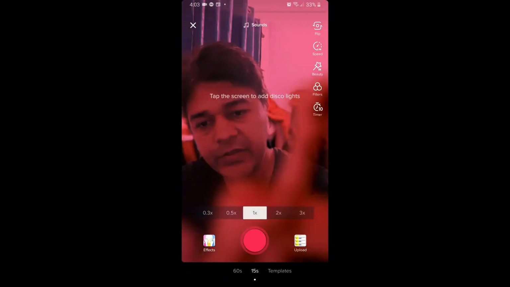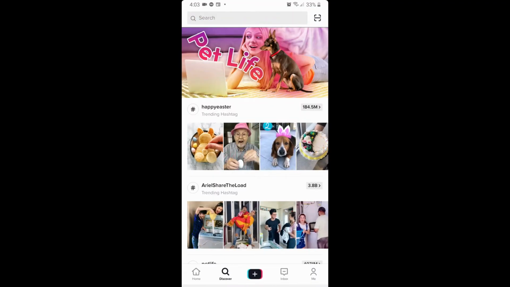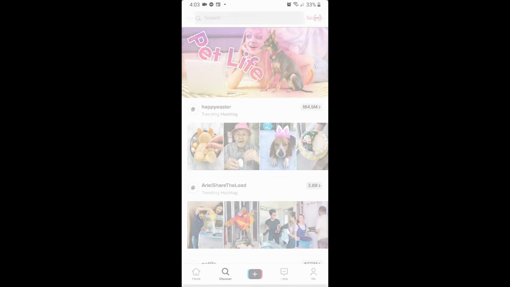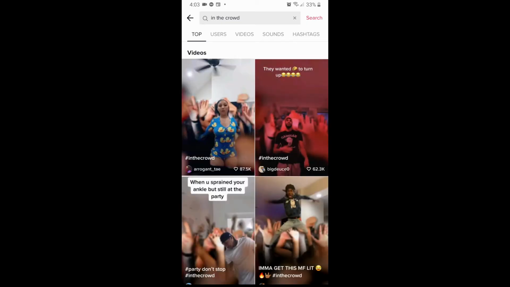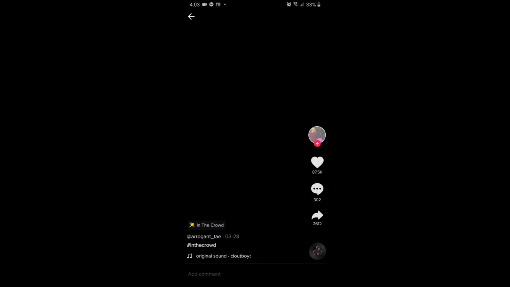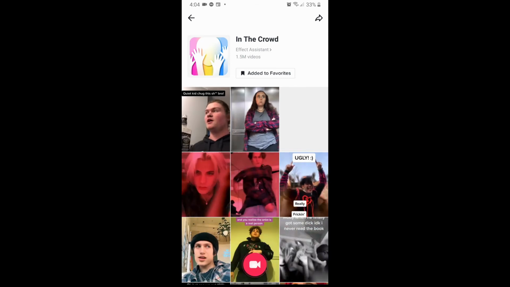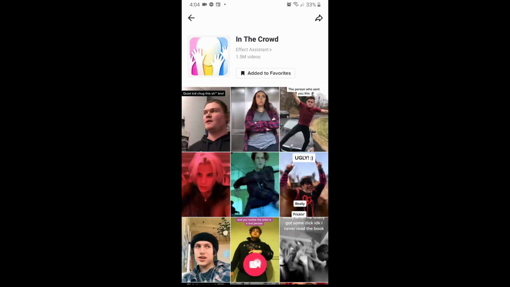If you can't see this filter here, then you can go to Discover and you can search for In the Crowd. These are the videos with the In the Crowd effect. Tap on any video. In the bottom left corner you will see this effect button, the yellow one. Tap on it. You will be directed to the Effects Gallery page, and at the bottom of the screen you will see the record button. Tap the record button to use this filter,